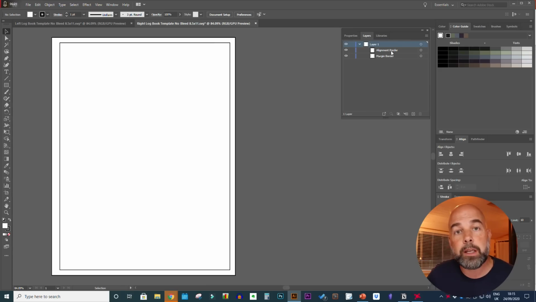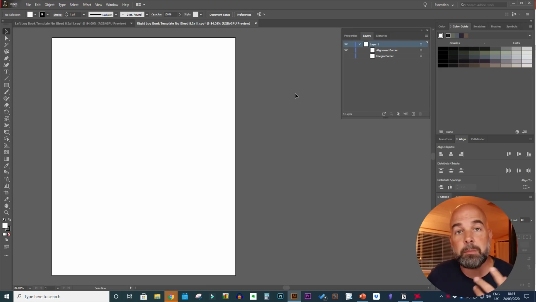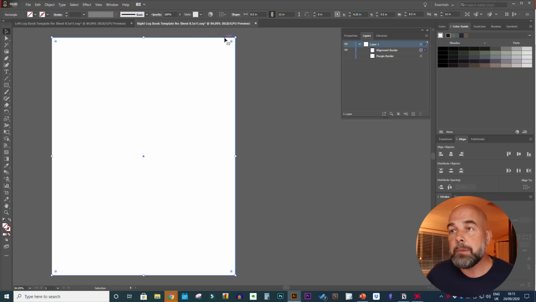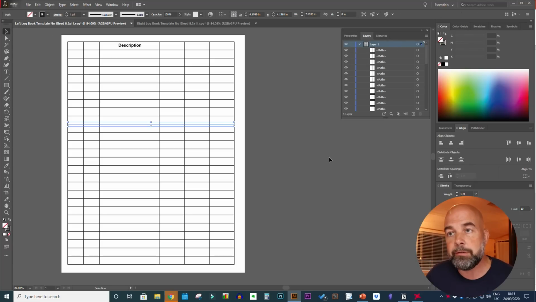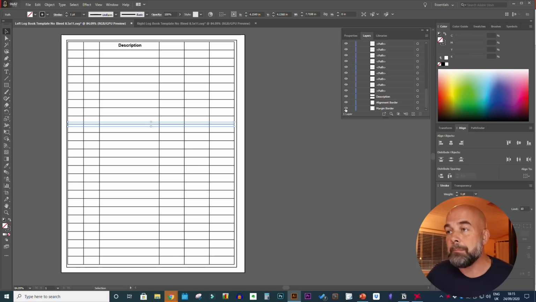Now most of the time when we're working on the book, we'll switch that off, so it'll be invisible. Now the other border we've got is what I call the alignment border, which has no stroke and no fill, so it's basically invisible. Now this will become apparent and important a bit later on when we come to copy and paste our file into something like Keynote or PowerPoint. But these are two important files, and these are also on the left hand side page, as you can see here in our layers panel, and again they are both invisible, so we switch those off